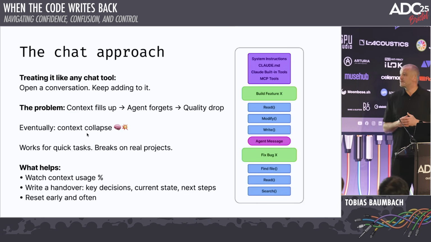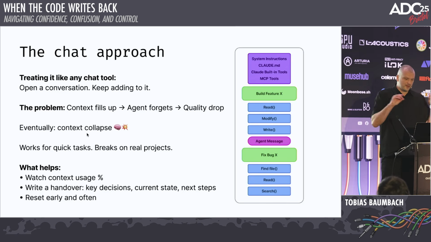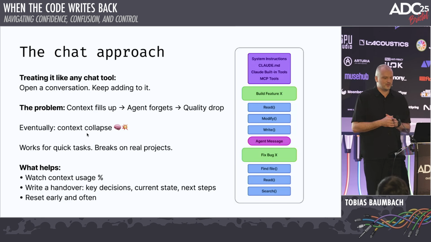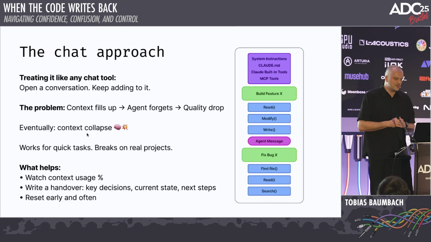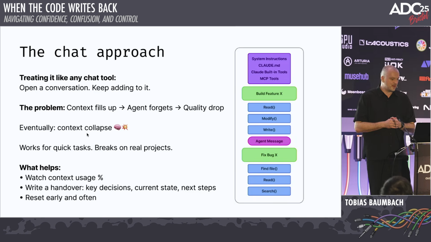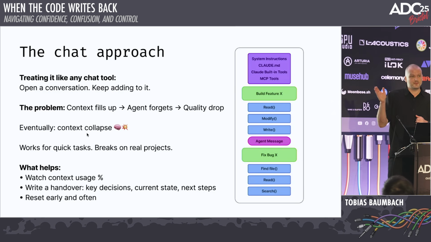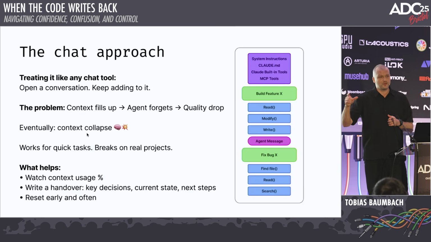And there are simple things you can actually do, which help to have better conversations with your coding agent. One is to watch your context percentage, so how much of your context you actually use. To be honest, I still don't understand why in Claude it's not the default that you see how much context you're using. But there are ways to modify your status bar so that you can see that all the time. So that's super, super helpful. I personally try to stay below 50%,